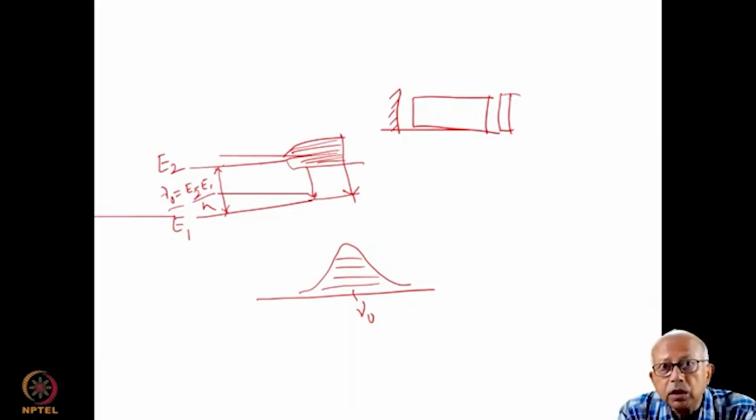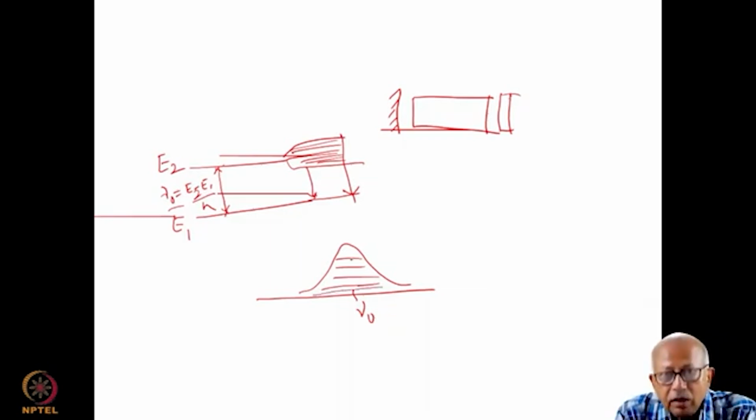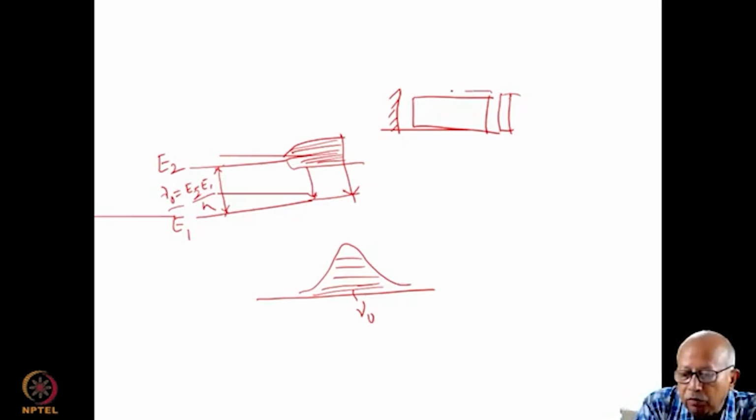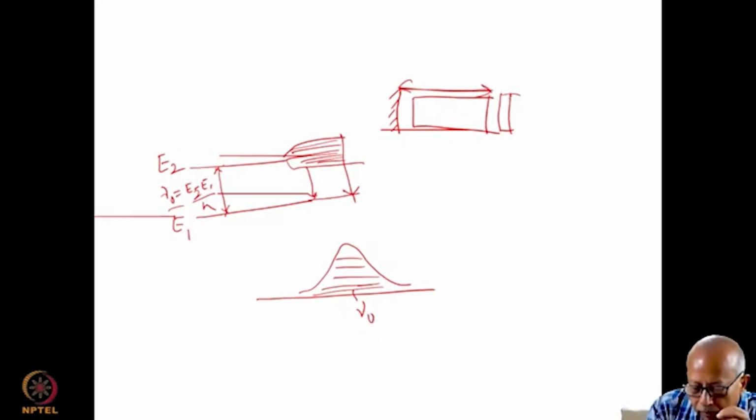So, an obvious question that can be asked here is, can the laser lase on all these frequencies for which there is gain? The answer is an emphatic no. Lasing would occur only on those frequencies which are cavity modes, which can oscillate back and forth inside the cavity without decaying. Now, all these discrete frequencies I show here are actually cavity modes.